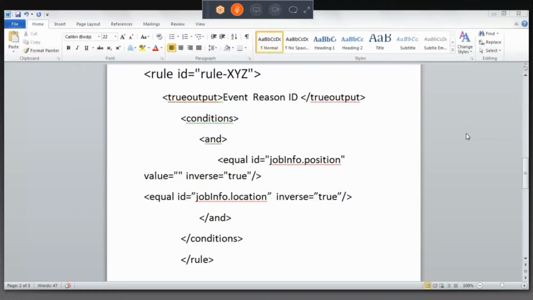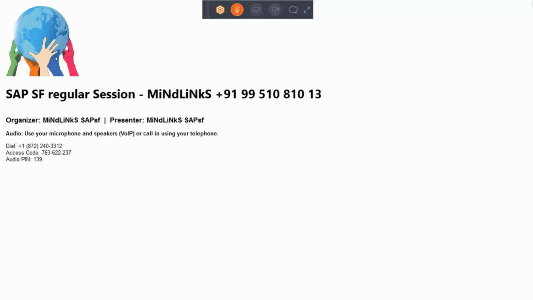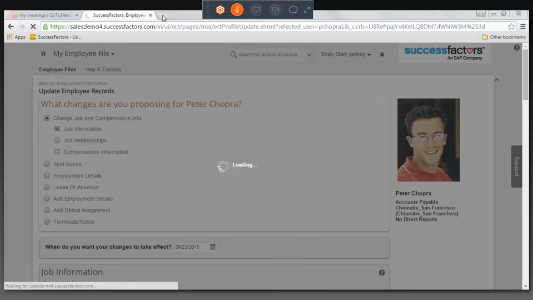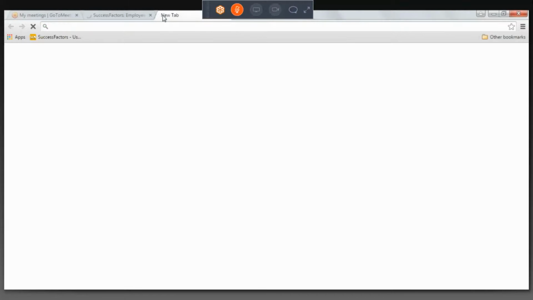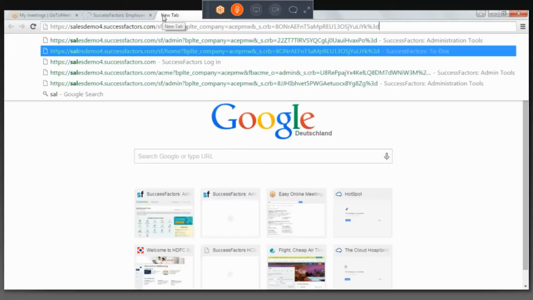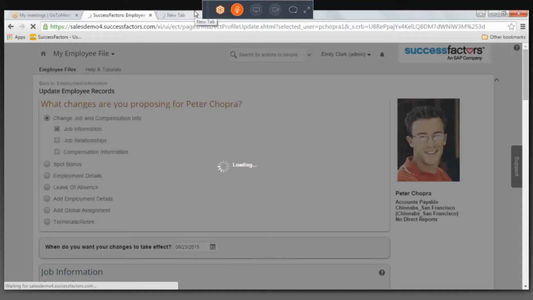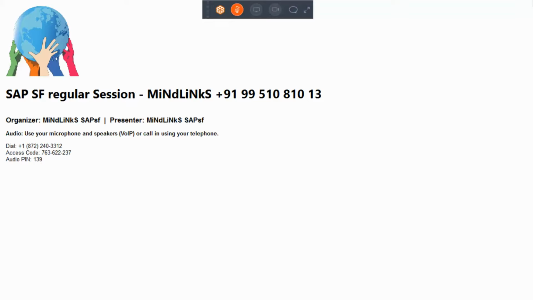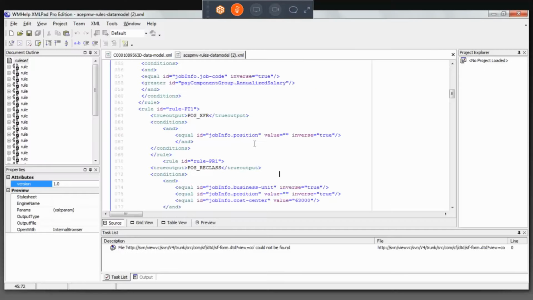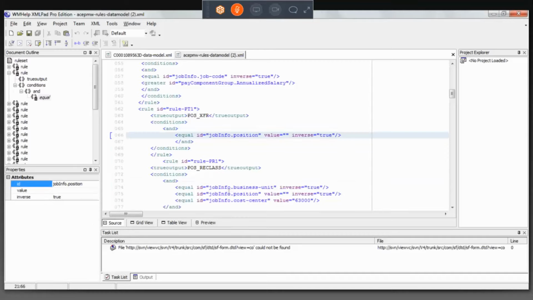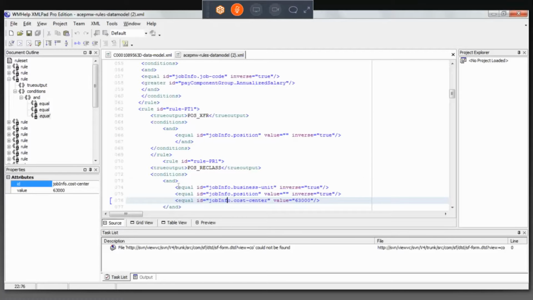So let's quickly see if it's. So this is still not working for us. So meanwhile, let's say I go here. So if you look at it, before it opens up for us, position reclassification. So this is an AND condition. And it says if you change business unit plus position,